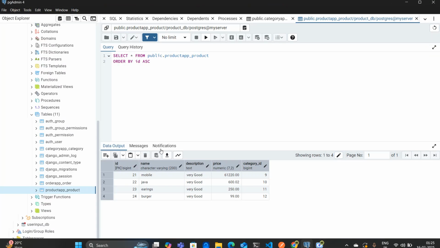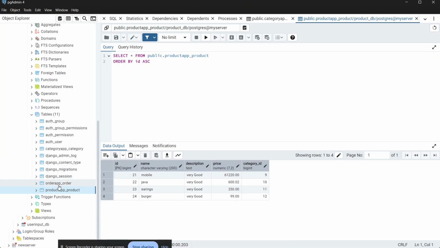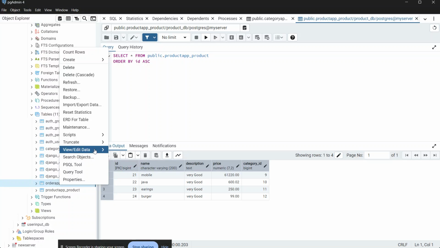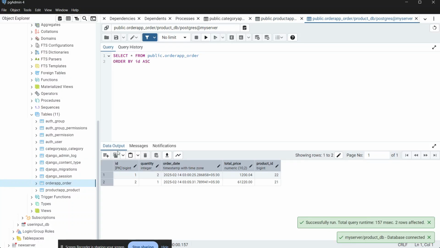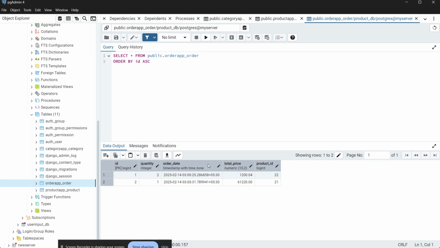Let me show you at first inside my database whether there is any order present or not. So here, yes, there are two orders. Here you can see inside my database that we have the IDs of the orders, the quantity of the order, the date when the order was placed, the total price of the order, and the product ID.